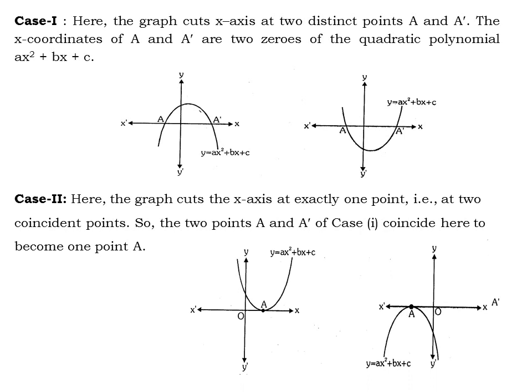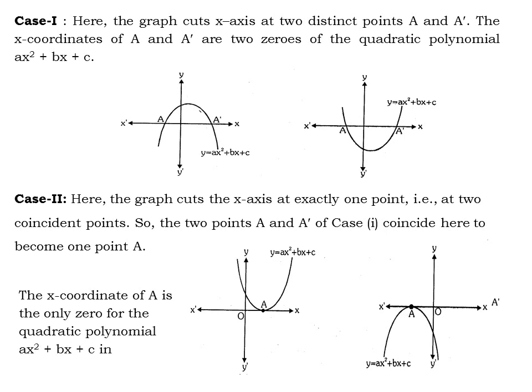Both points coincide with each other. It means this type of quadratic polynomial has two equal zeros. Now the x coordinate of A is the only zero for the quadratic polynomial ax square plus bx plus c. It is called only 1 zero. The number of zeros is 2, but it is the same value, that's why it's called only 1